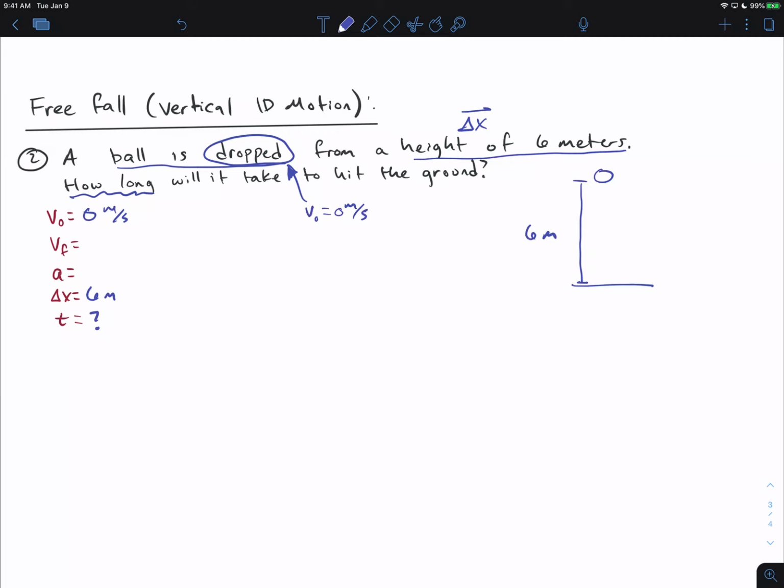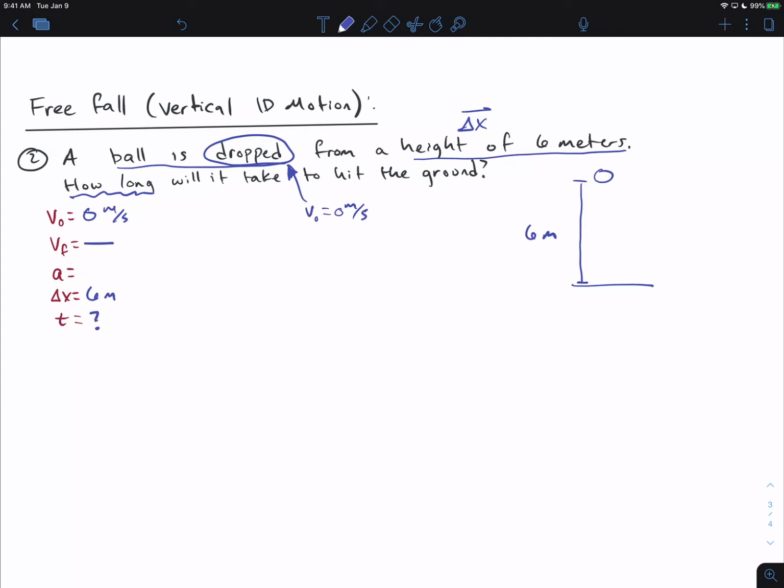And now we have two things that we know. We need one more piece of information in order to solve this problem. We don't actually know how fast this ball will be going when it hits the ground, so we don't know this. But acceleration is something that we do know. When you let go of this ball, it's under the influence of one thing and one thing only, and that's